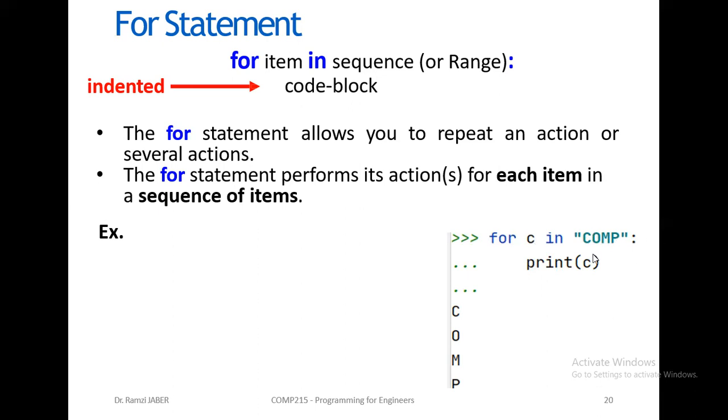And again, P, printed. Now, the last step: when the Python interpreter returns to comp, plus one will be null. Here it will be null. When C equals null, it means false. So false will not go to print C, and it finishes. So I will repeat again, the for loop